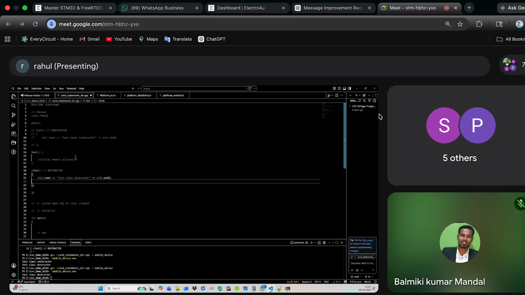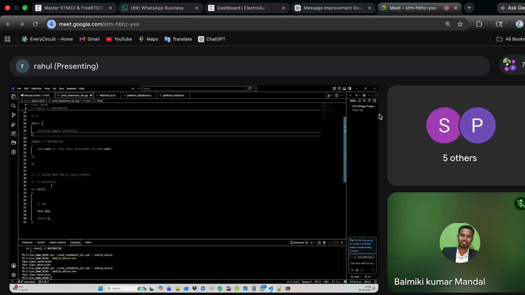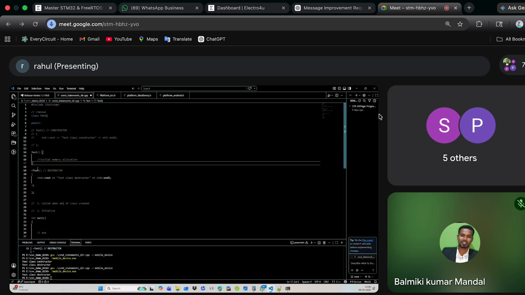If you don't have a destructor, then the memory will be held back unnecessarily by the class. So once the operation is done, you will be calling this destructor that frees the memory. So that's why we are using constructors and destructors in the class, actually.